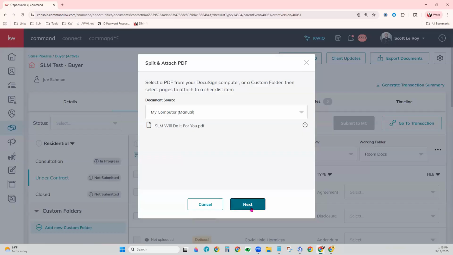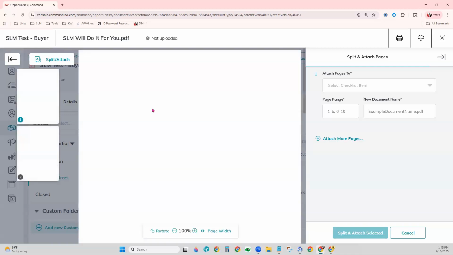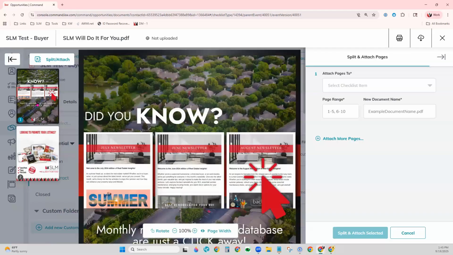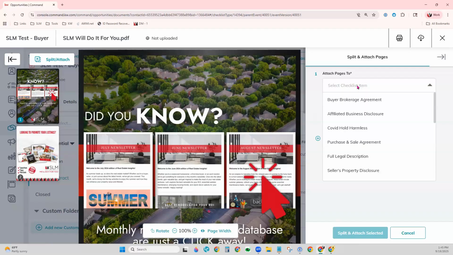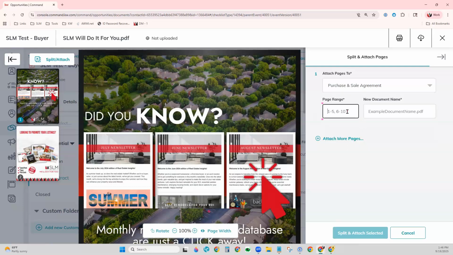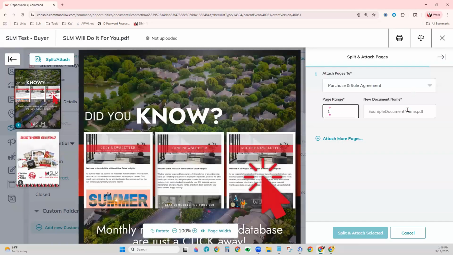and choose Next. Now a preview will open on the left-hand side and you can see the different pages of this PDF. So on the right-hand side, we're going to tell it which page or how many pages to split off into the first document here. So the very first field, it needs to know what this document will be submitted for. Like when you upload this PDF, which compliance document is this for? So we're going to say, let's just say it's our purchase and sale agreement and choose how many pages that particular document is. We'll just say it's page 1. And then we need to name the new document. So we'll just say,